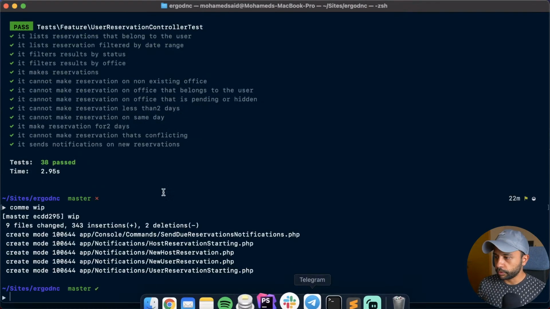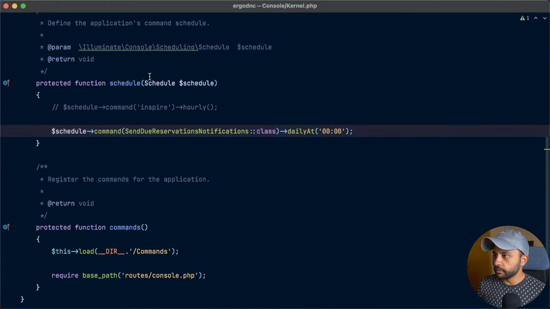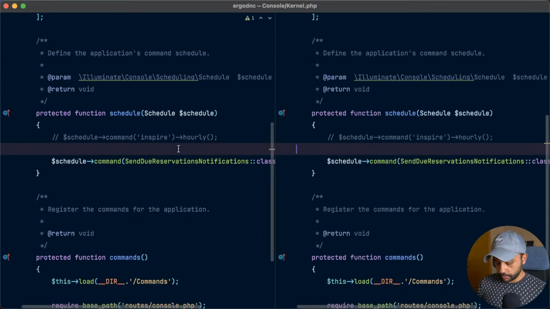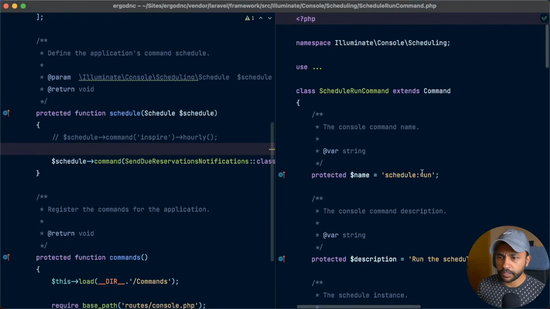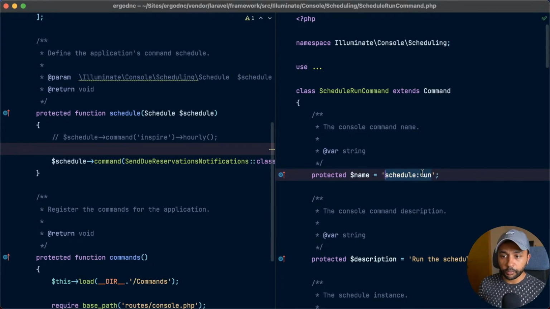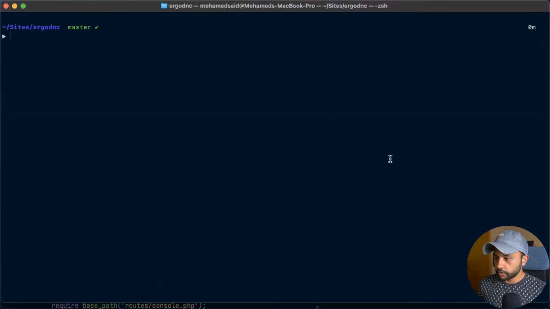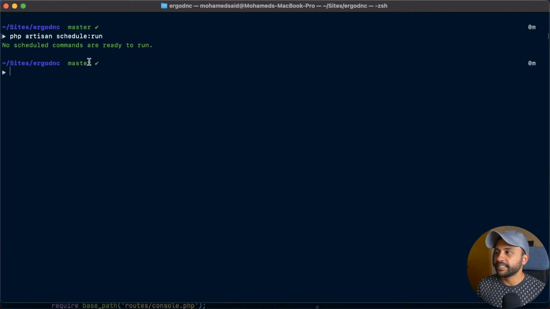And the way the scheduling works, the schedule:run command is that when we deploy this application to Laravel Forge, we will schedule the php artisan schedule:run command to run every minute, and it's going to check if there are any scheduled commands that should be executed. So when we call php artisan schedule:run, right now it's saying that there are no